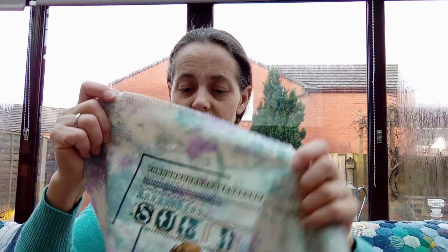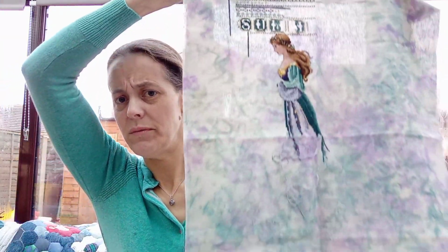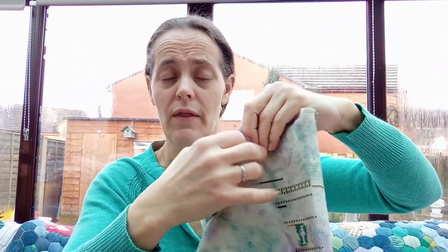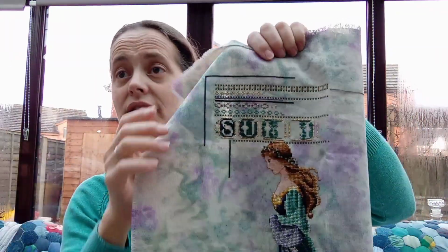To replace that as my weekly stitching, the thing that's been calling to me is my Celtic lady, my summer lady, who is here. So I'm going to show you what she looks like right now. That's all I have stitched of her. She's on the piece of crazy batshit fabric that I dyed myself because I didn't like the fabric that came with the full vintage kitted kit that